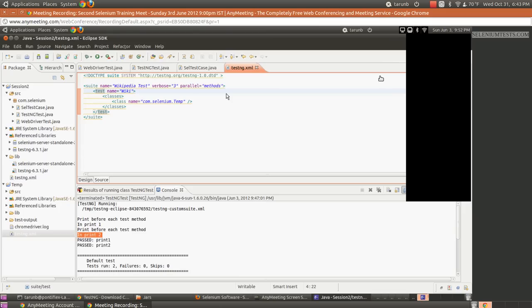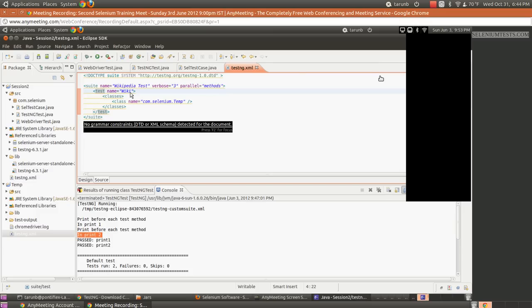Okay, Nagaraju, you do not need the client driver jar if you are using the standalone jar, so don't worry about it. You will usually just need the standalone jar. Don't worry about the client driver jars, especially in the case of Java. If you are using C# and others, then you will have to use the client driver. Yeah, Manoj, you can mark more than one method as before method, so don't worry about it.